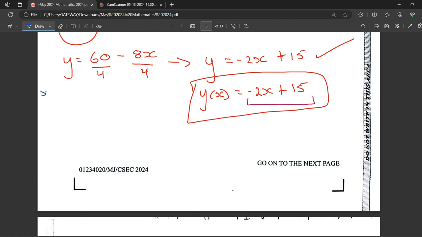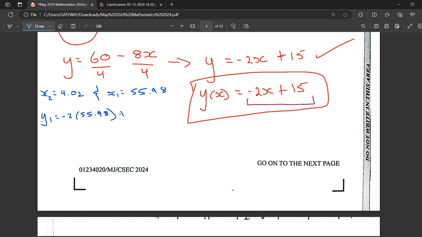We had x equal to 4.02, and we had x equal to 55.98. So this was x2 and this was x1. If you go to find y1 using x1, that will be negative 2 multiplied by 55.98